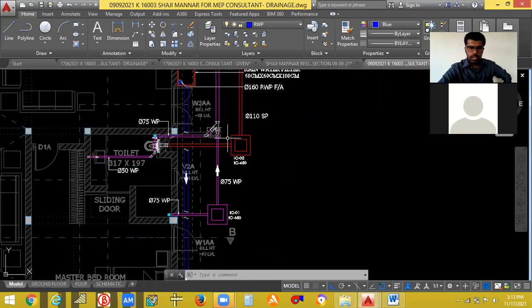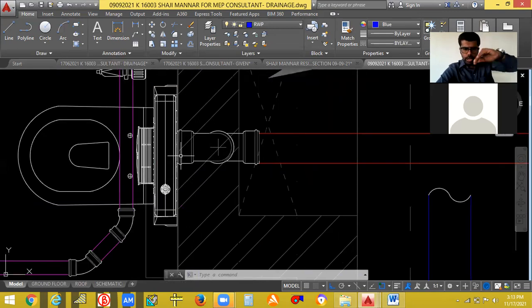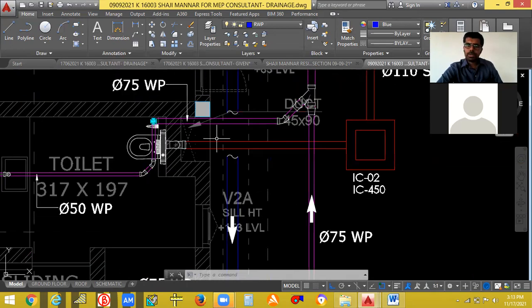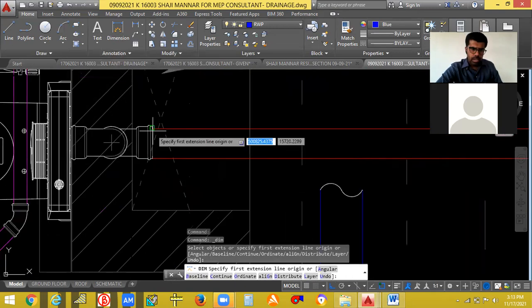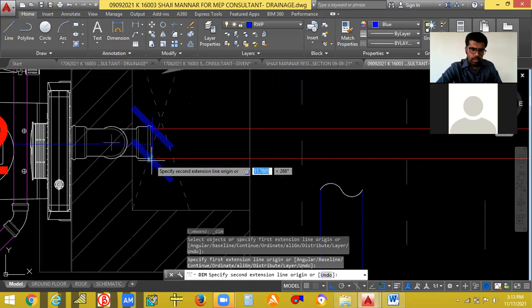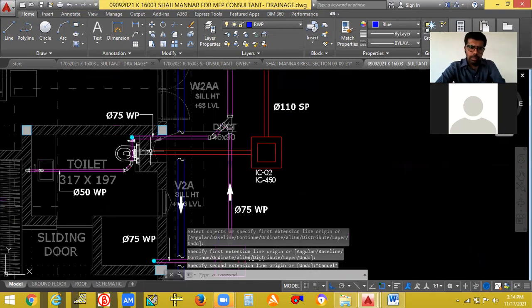So see, you can see here. This is the pipe. So we have to place the fittings and all those things. So this shows this is coming there. It is going down. Then it is coming like this. So you can see you have to draw the pipe as pipe itself. If it is a 110, that should be 110. Okay, you cannot draw single line like that. So this will be 110 only. You can see here. See, this means 110. So the pipe should be like pipe itself.